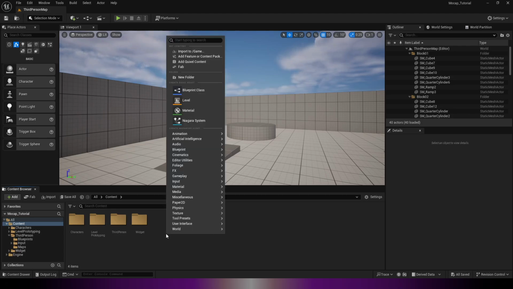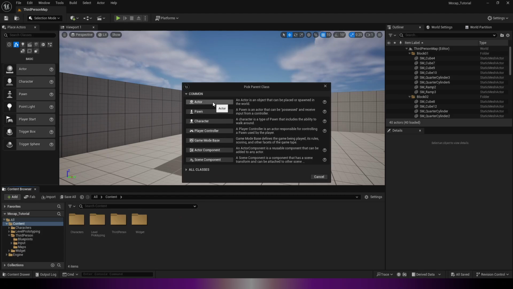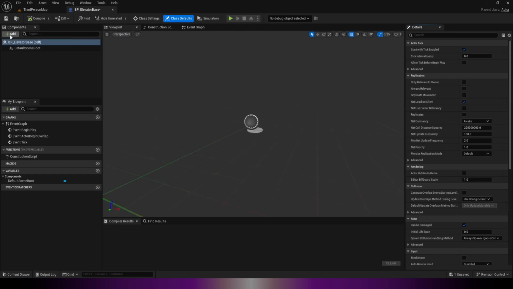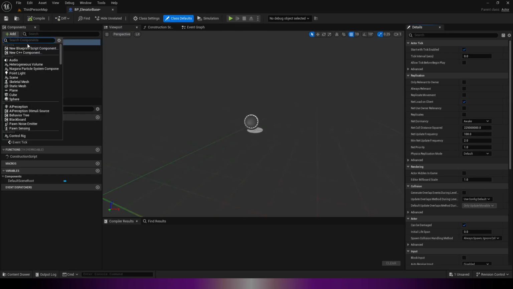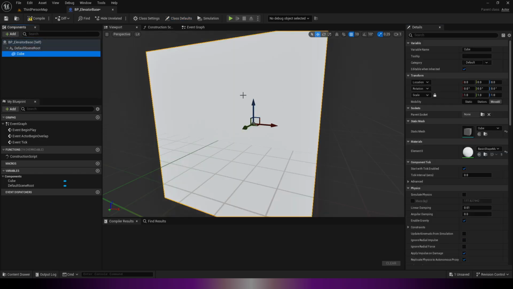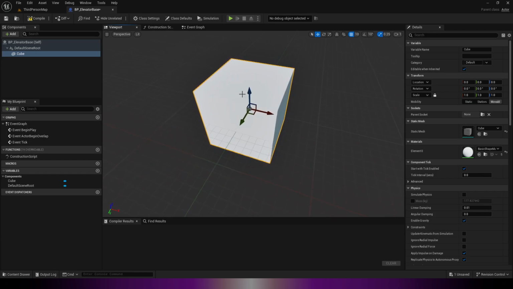So let's begin by creating a new blueprint class of type actor. Call this bp_elevator base. And open this up. Now in the viewport we are going to add a static mesh. I can just add a cube like this. And then let's make this